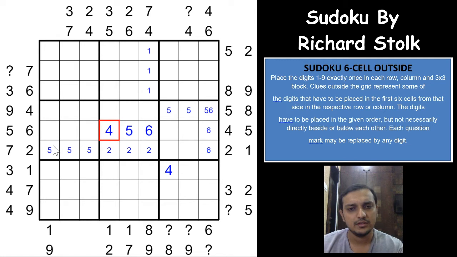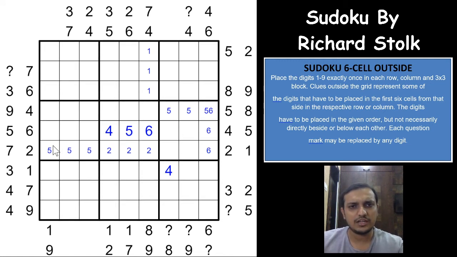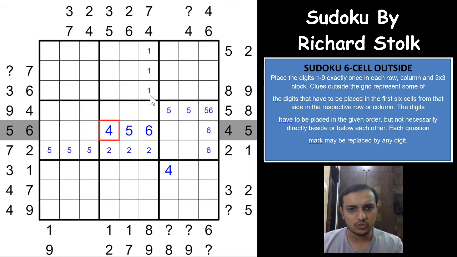And anything else here? So I'll do one thing here, is that I'll mark all the numbers that are already fulfilled with the gray circles here, gray colors here, right? So that will give us an idea of what all other clues to be seen during the progress of the Sudoku.